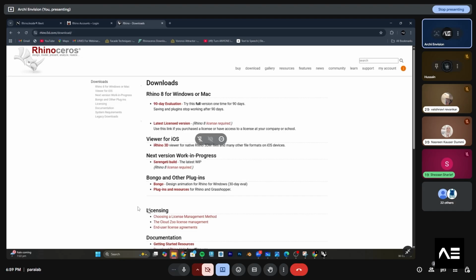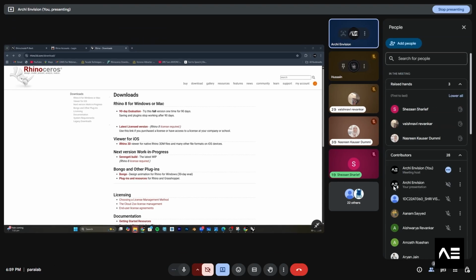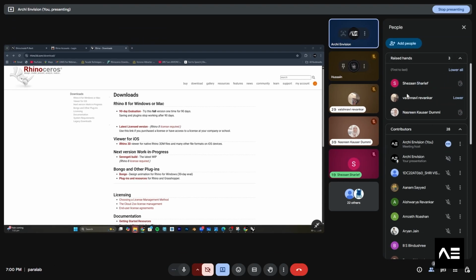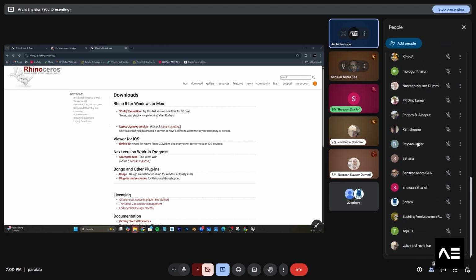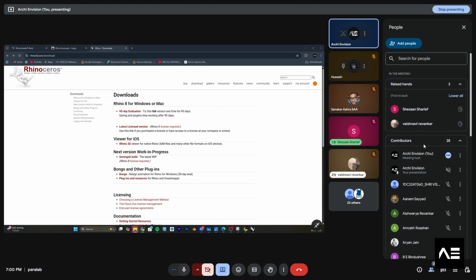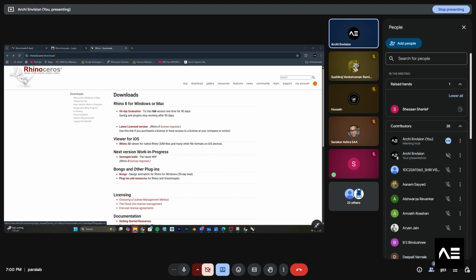No Mac users, right? There are two hands up. Okay, try to download the Mac version. The interface will look different for you, but I'll give you the shortcuts to work on it.